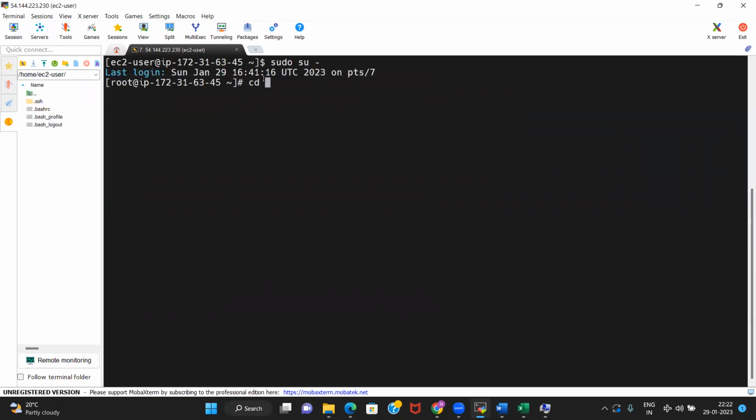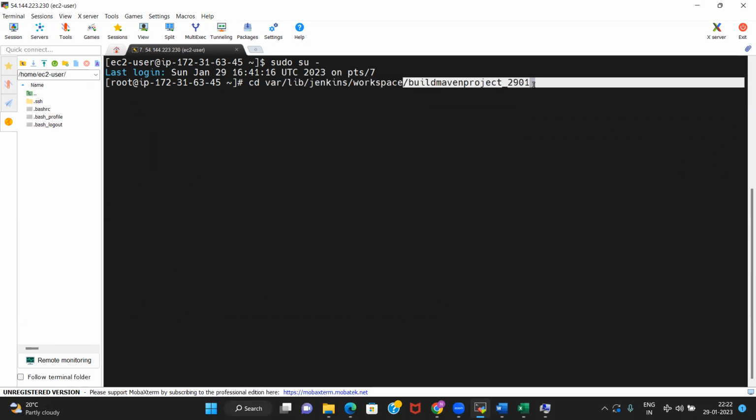Go to this path. No, this is the workspace path, as I said, the Jenkins workspace. All the jobs that we will be creating will be there inside this path. The current job is this one, and the build related folders will be here.